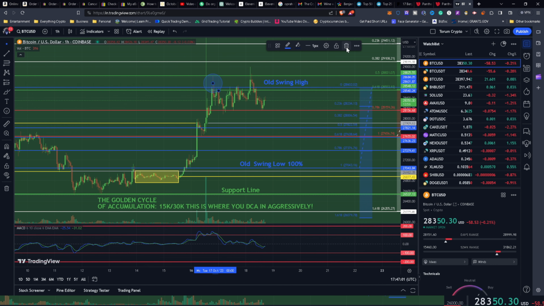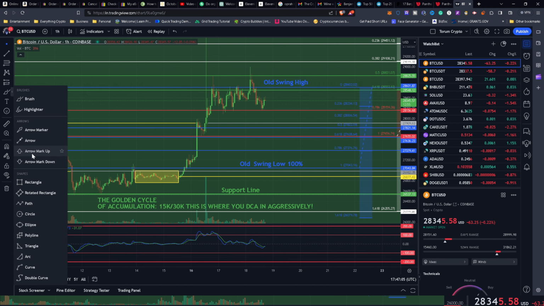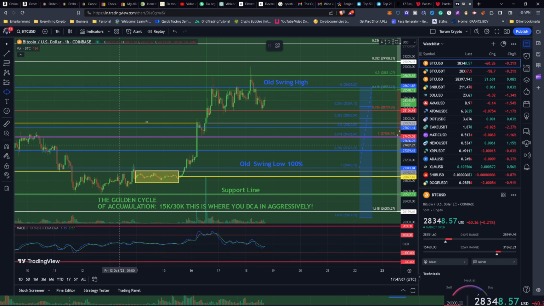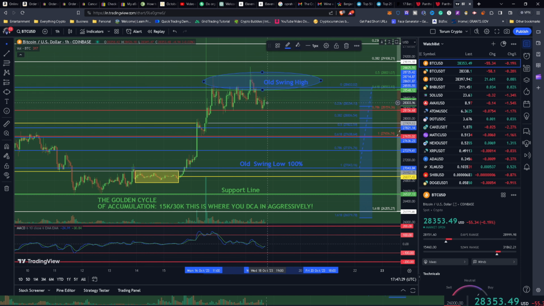This is a circle. Okay, so we're looking at this area right here as our turnaround resistance point. Might as well even stretch it all the way over here. Okay, so the candle is turning red,